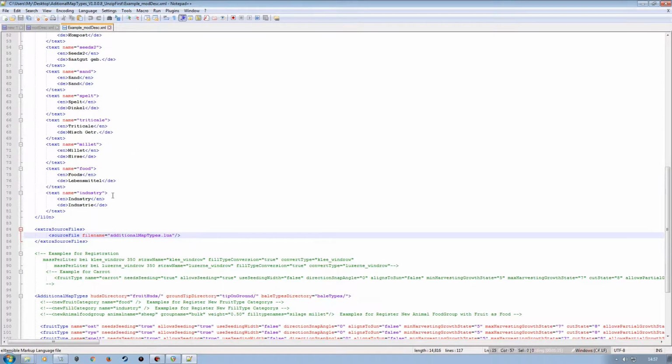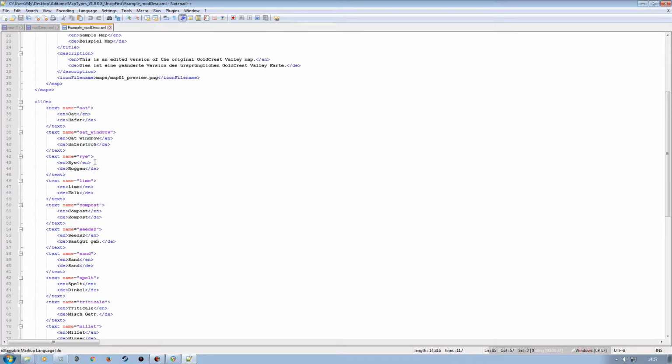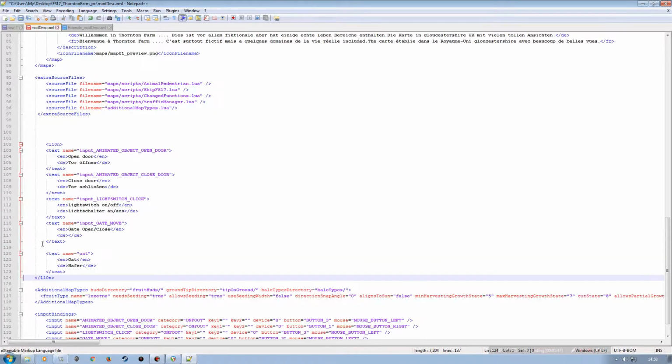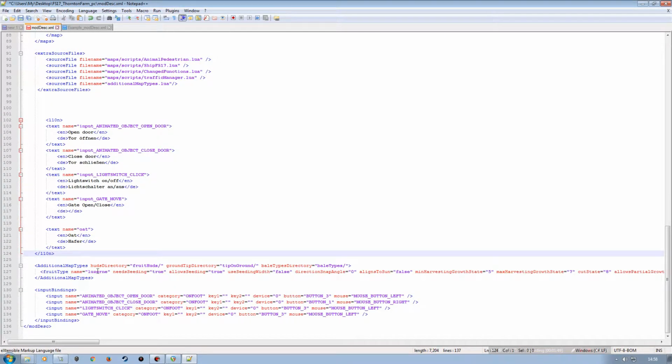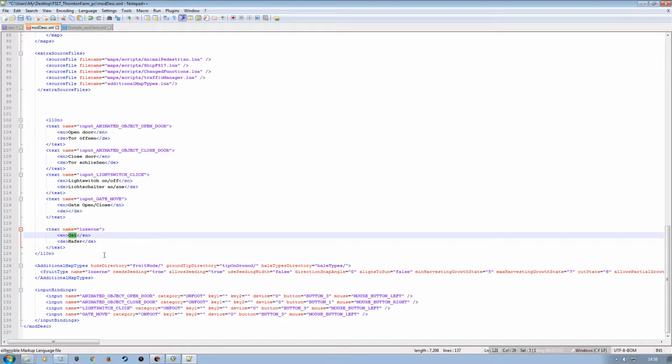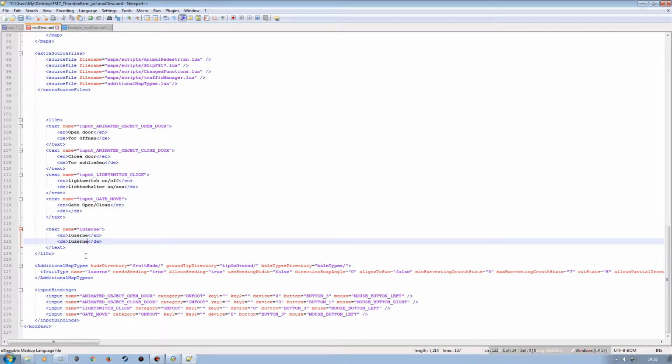So next thing I'm going to do is bring over some other text which I can then modify. So we'll just grab one of those, bring that over in the L10N section here, create a couple lines, paste it in. And then in here, I'm going to copy that, paste that in there like so. Now it's up to you what you want to call it on the map. If you want to call it Luzerne, then what you would need to do is put Luzerne in there like so, and then on the map it would actually show up as Luzerne in your